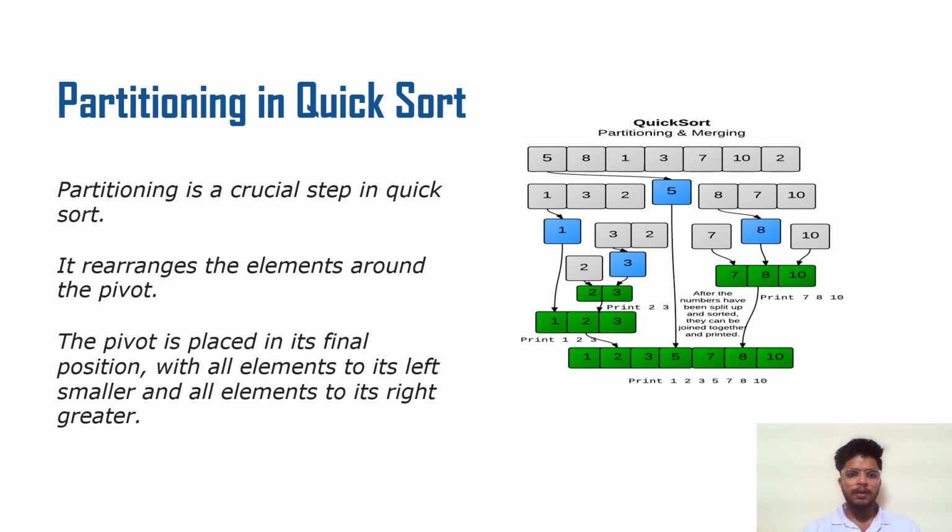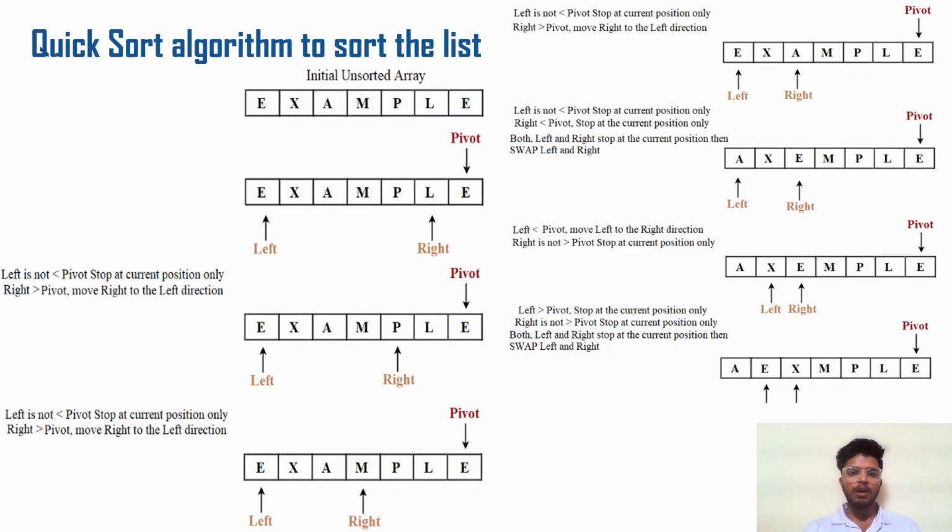Partitioning in quicksort. Partitioning is a crucial step in quicksort. It rearranges the elements around the pivot. The pivot is placed in its final position with all the elements to its left smaller and all the elements to its right greater. Quicksort algorithm so as to sort the list, taking an example as